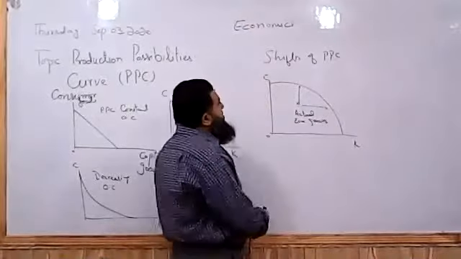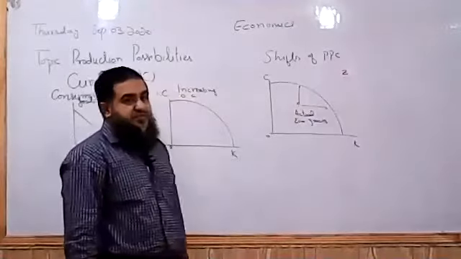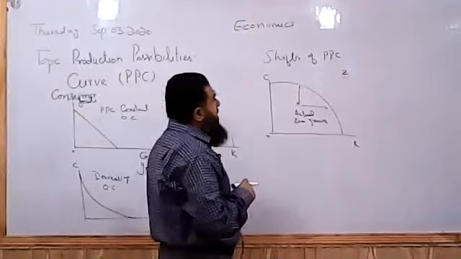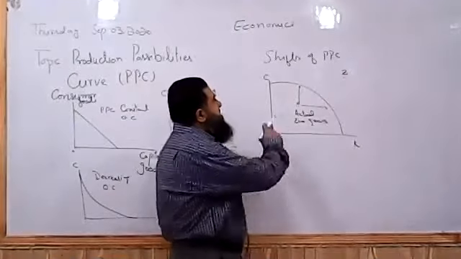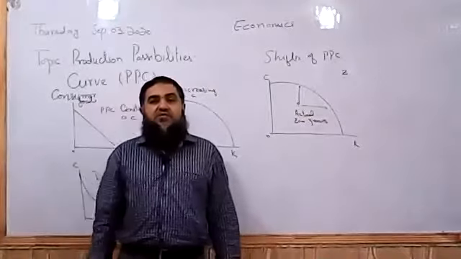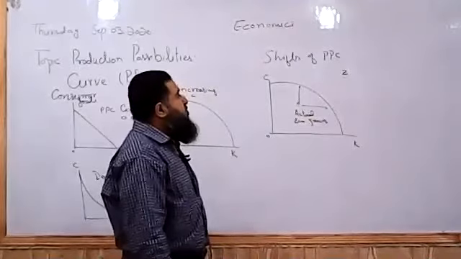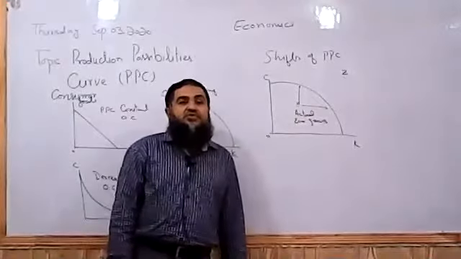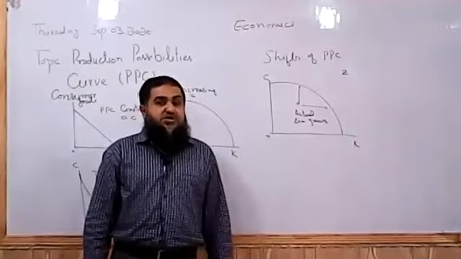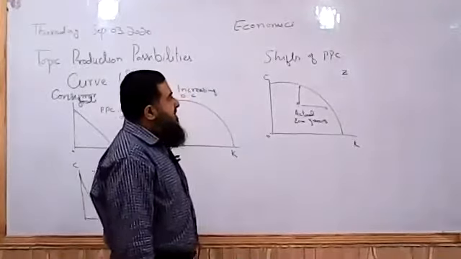More could not be produced, like point Z is unattainable within the given resources of the country. So this shows that the scarcity or basic economic problem of an economy can be represented by PPC. That's why we have a matter of choice. If we want to produce more of any of the goods, we have to decrease another. Due to scarcity of resources, we cannot produce more of both the goods because we don't have enough resources to be employed when the economy is already operating along its PPC. So point Z is unattainable.